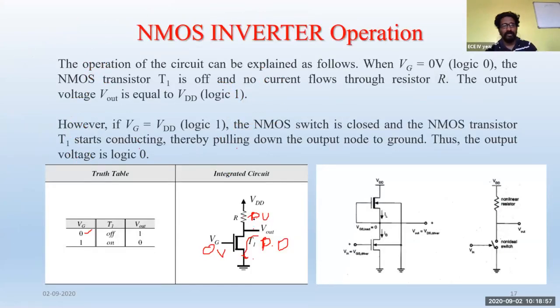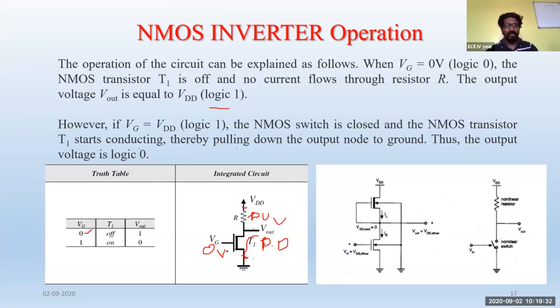Which is equivalent to this resistor is called a pull-up device, and this down part is called a pull-down device. Now, if you supply 0 volts, what happens to the device? The device will be turned off. Whenever the device is turned off, there is no current passing through it. Since T1 is turned off, no current is passing, and the resistor will be acting here. Since it is directly connected to the VDD, some amount of current will be passing through this one, and ultimately you'll be getting Vout equal to VDD, which is equal to logic 1.